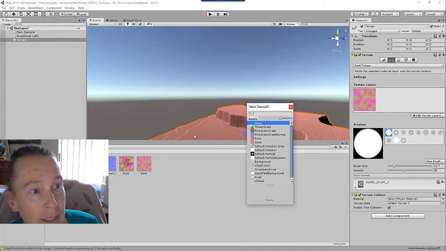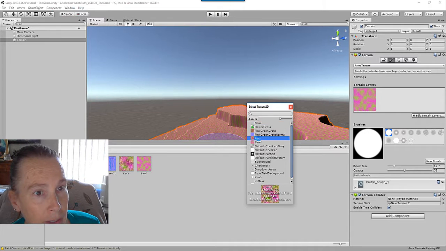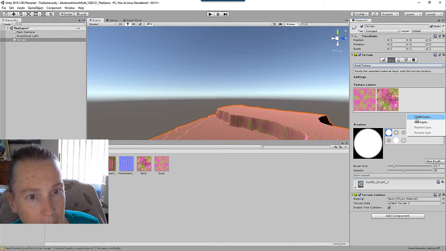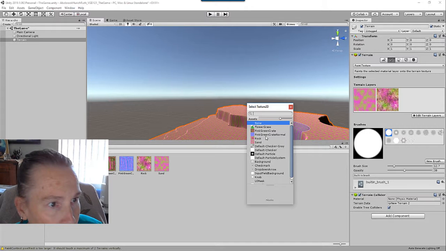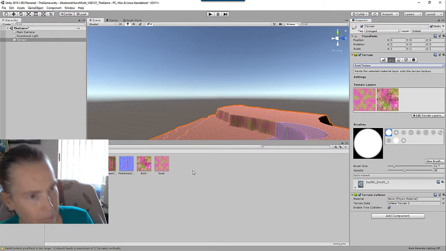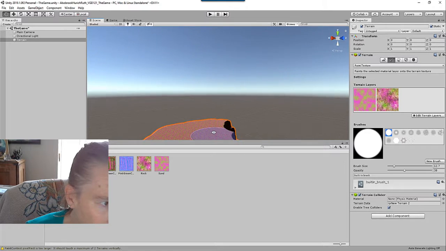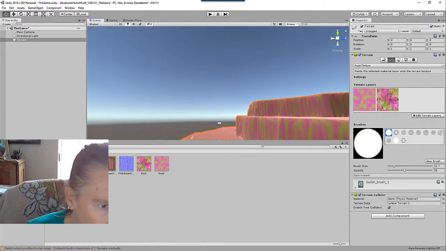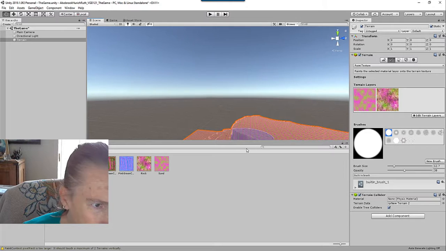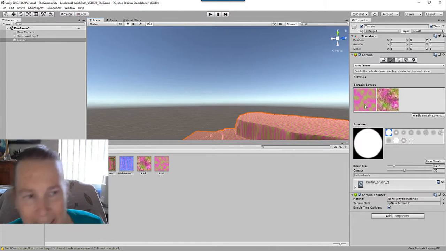So I'm going to add another layer, and I'm going to call it rock. And then I'm going to add another layer, but I don't know what I'm bringing in, so I think I'll just leave that as is. So I have my sand, and that was my default, and what really looks kind of strange is how it looks here. It doesn't look very good, but you can edit how many times your texture repeats itself